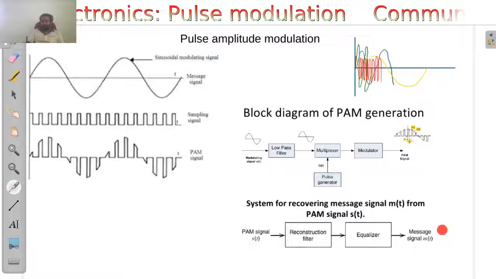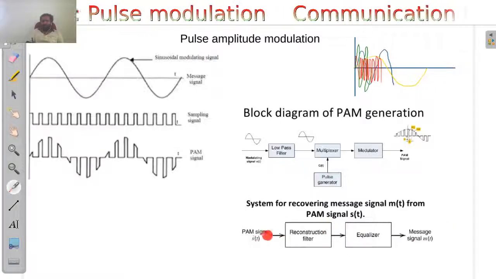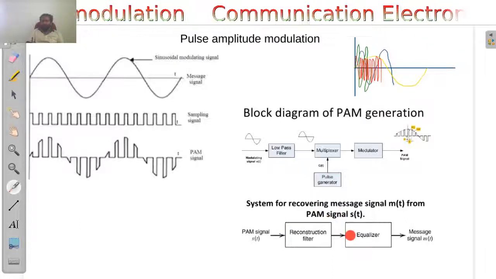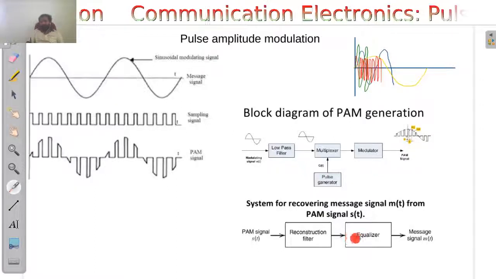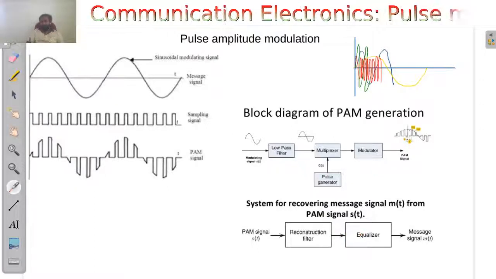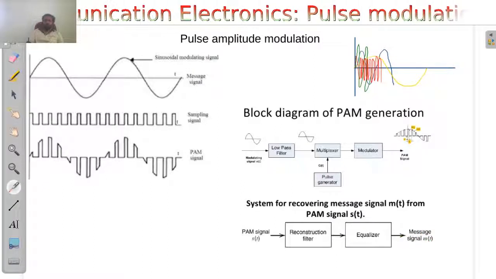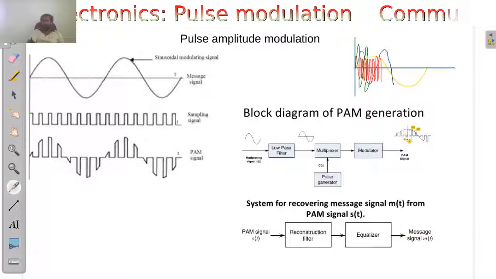So this one is a continuous wave. At this point, a discrete wave, which is a pulse amplitude discrete wave, will be converted into a continuous wave, and the amplitude of the wave will be properly scaled so that you get proper amplification. Then it is given to the output. Okay. So this is how you will be handling a pulse amplitude modulated signal.